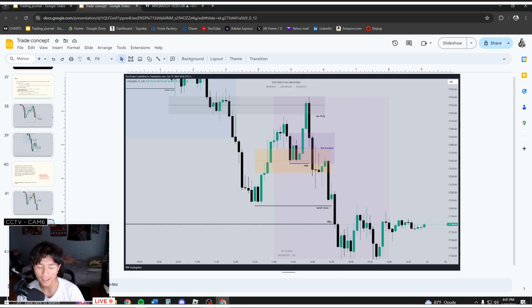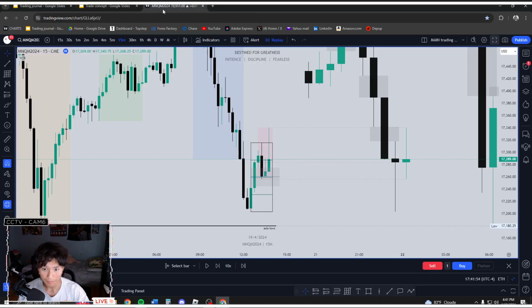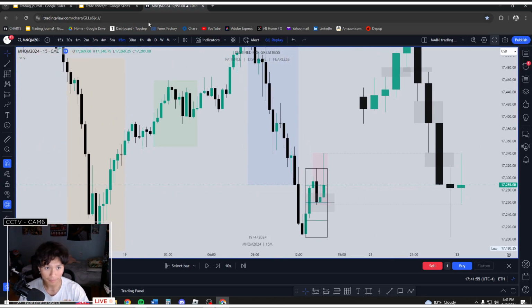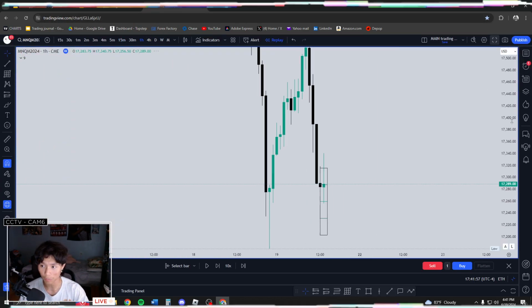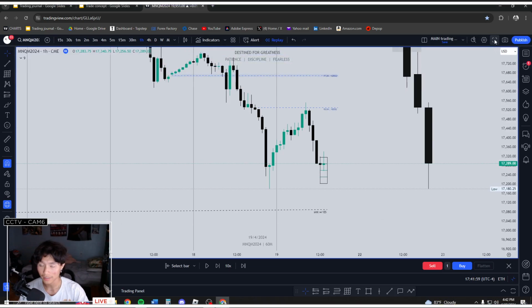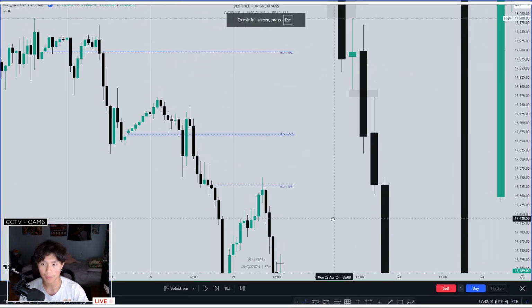You can apply this everywhere, every time frame. If you guys want to look at what the hourly did, so basically that day we retraced back into a